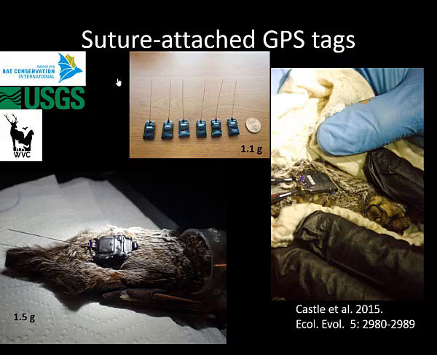So just a bit of time after we discovered that we could recapture hoary bats, they developed GPS tags that were small enough to be placed on a bat. So we were hoping to use these tags to study migration. But the first hurdle we found was we were going to need to come up with a way to keep the tags attached to the bats for at least a 6-month period.